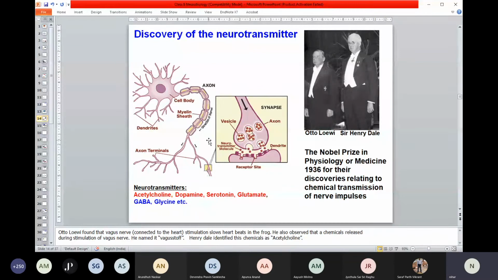There are several different neurotransmitters that have been discovered. I'll just mention a few of them. The red ones that you see here are called excitatory neurotransmitters. Acetylcholine is the first discovered neurotransmitter, discovered by these two people. And then dopamine, serotonin, glutamate. Acetylcholine is the neurotransmitter found in your nerve muscle junction. When your muscle contracts, this is the neurotransmitter playing a role. Dopamine plays an important role in keeping you motivated and energetic, goal achieved. So this is very important for you.